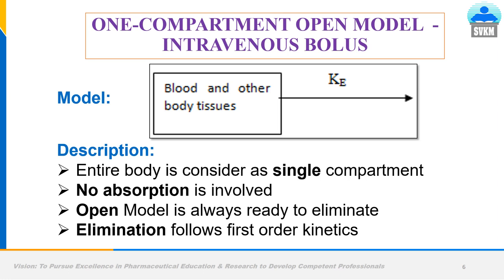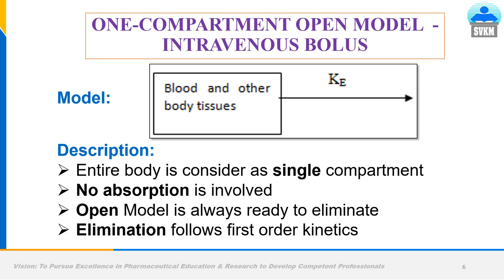In this case, in the one compartment model, the body is considered as a single compartment. Blood acts as the single compartment here, in which, in IV bolus, we introduce the drug directly into the systemic circulation. So there is no movement of drug from the site of administration to the systemic circulation. That's why there is no absorption here. The absorption is totally negligible. No absorption takes place in the case of IV bolus, because we directly administer to the systemic circulation.